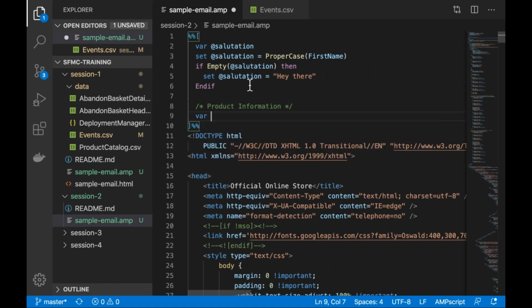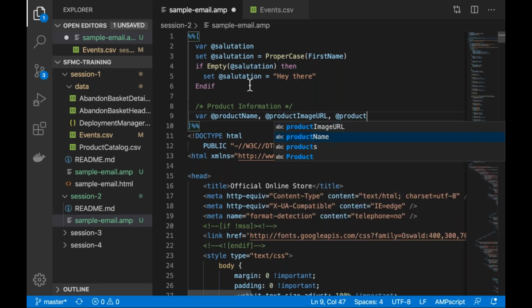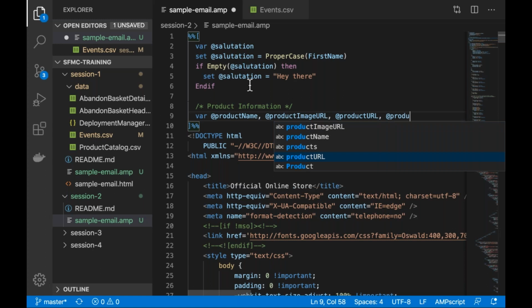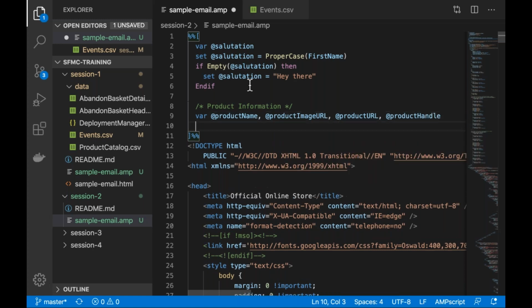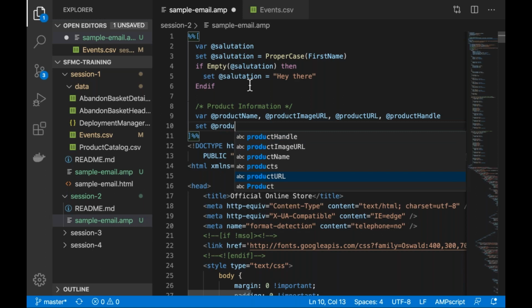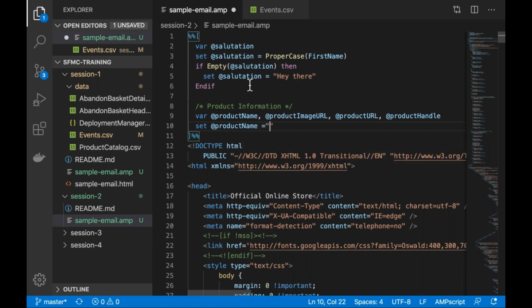And I'm going to declare a couple of variables. So I'm going to declare my product name, my product image URL, and my product URL, the URL to my product, and I'm going to declare a variable called product handle. Okay. Now I'm going to set product name. We're going to set a static value,